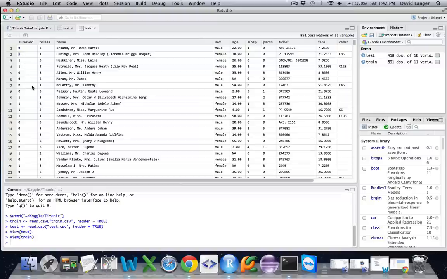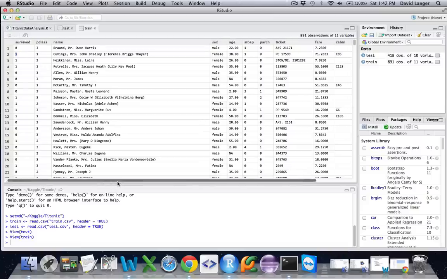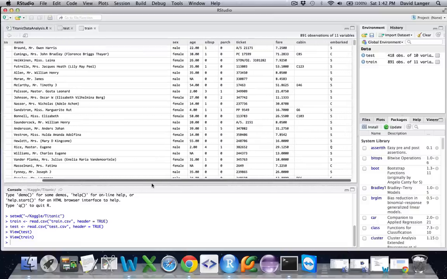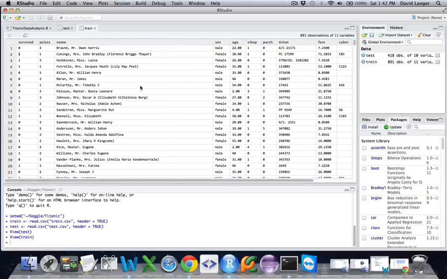And what differentiates our train data from our test data is the fact that we have these values that said, yep, Mr. Owen Harris Braund did not survive, but Mrs. John Bradley Cumings did survive. And here are all the data points that are associated with her. And what that allows the computer to do is to use a machine learning algorithm or algorithms to use this data and learn from the data the patterns between who survived and who did not in the data set.